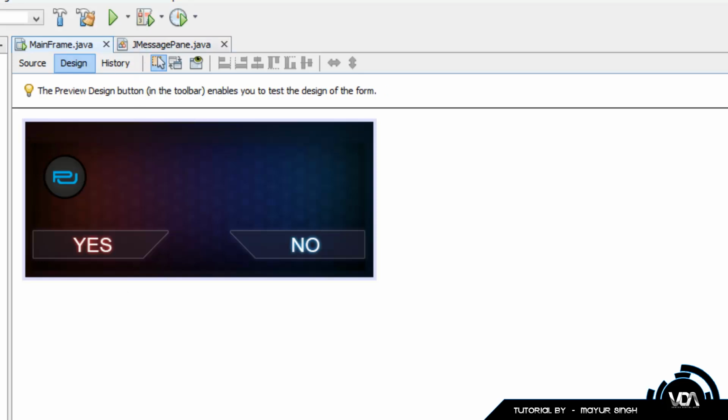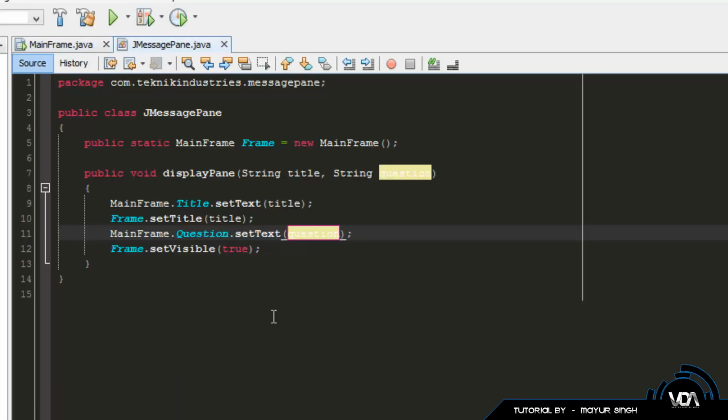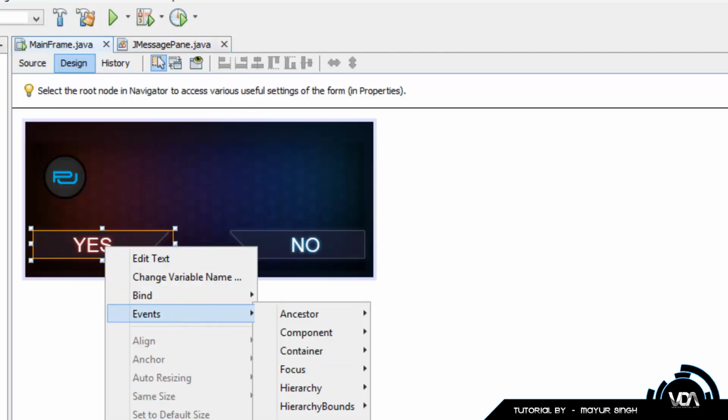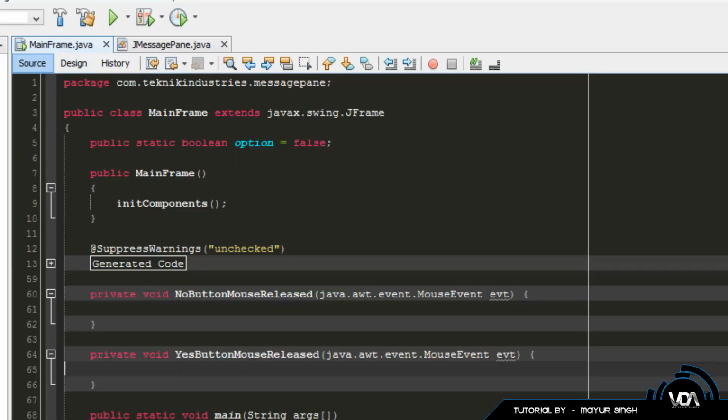Now what you should also do is add an app icon. I'm not going to do that right now though. So the next thing we want to do is actually handle the yes and no button. So in our mainframe, right click on the yes button, go down to events, mouse release, and the first thing we want to do is say